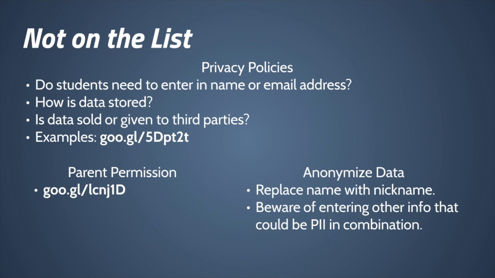The second option is to anonymize student data. This means that wherever you are asked to put a student's name, you instead put in anonymous information. So instead of a student's first name, you would put Blue, and instead of the last name, you would put Bonnet or Bunny. One example of this is Kahoot. If students are playing a Kahoot game their teacher created, students are asked to put in a nickname. This could be just their first name or a fake name.